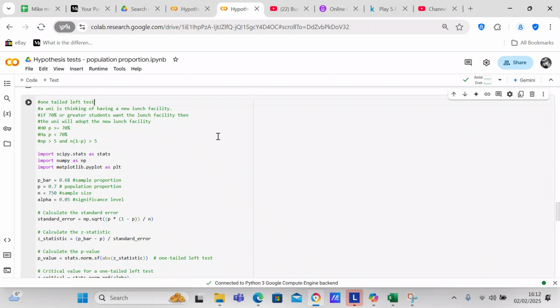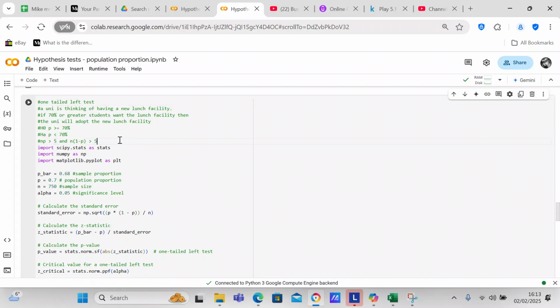So your null hypothesis is P is greater than or equal to 70%, and the alternate hypothesis is P is less than 70%. And then you also get another check: np is greater than 5, and n(1 minus p) is greater than 5. I'm just going to delete that because